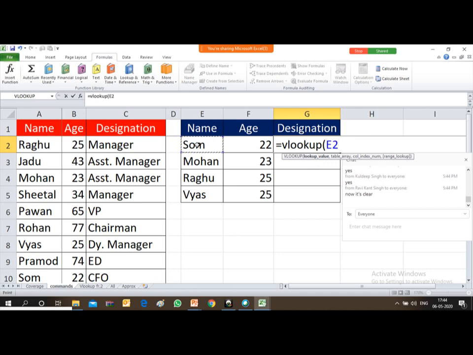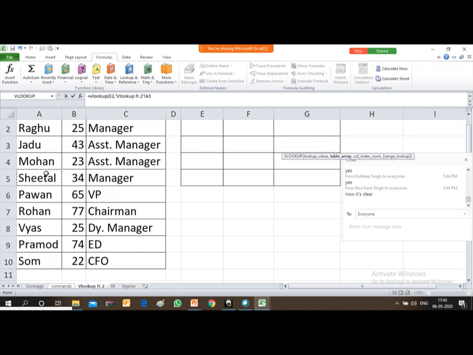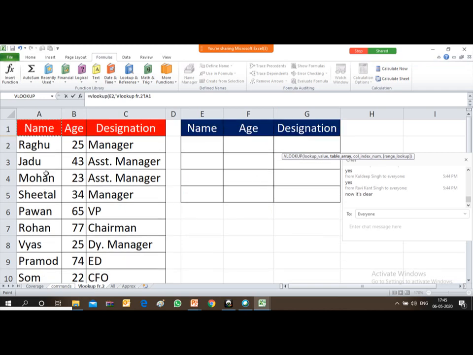So click on this and press comma. After comma, I have to provide the range or the selection area from which this formula will be searching for the designation. Since we are searching the designation from a different sheet, I'll go to the next sheet. In the next sheet, there is a table. In the first column, name is there. In the last column, designation is there. So from here, I will select